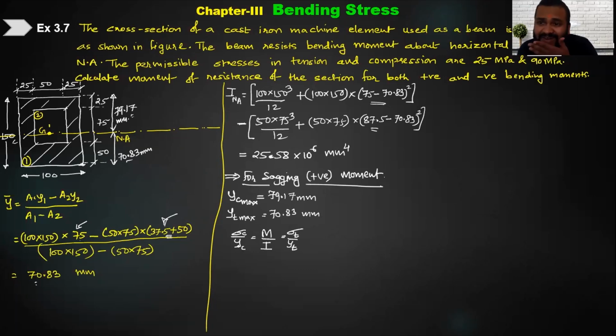मतलब अगर टेंसाइल स्ट्रेस फाइंड करना है तो टेंसाइल का डिस्टेंस लो, कंप्रेशन का फाइंड करना है तो कंप्रेशन का डिस्टेंस लो। तो अगर मैंने ऐसा किया तो मैं कैलकुलेट कर सकता हूँ। सो आई कैन हैव वन रिलेशन बिटवीन देम। व्हाट इज द रिलेशन? आई नो दैट नाउ सिग्मा T मैक्सिमम विल बी इक्वल टू, ये रिलेशन से मैं लिख रहा हूँ, इट इज इक्वल टू YT मैक्सिमम अपॉन YC मैक्सिमम इनटू सिग्मा C मैक्सिमम। कैन आई राइट डाउन दिस वे? प्रोपोर्शन में होगा ना ये? हाँ, तो अभी मुझे वैल्यूज पता है ना YT और YC का। कितना है YT? 70.83, बराबर ना? एंड YC कितना है? 79.17। दैट इज इक्वल टू सिग्मा T मैक्सिमम एंड दिस इज इनटू सिग्मा C मैक्सिमम।